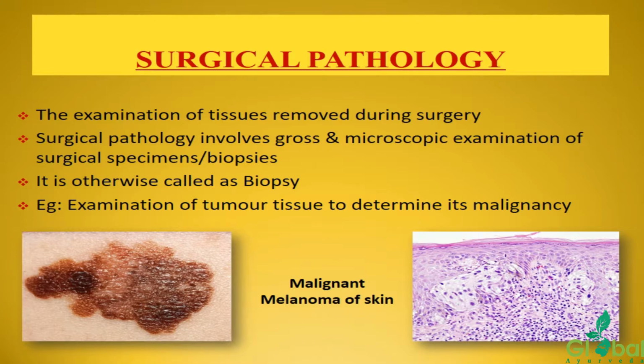For example, examination of tumor tissue to determine its malignancy. Externally also we can identify it in skin conditions, especially malignant melanoma. Externally, what will be the presentation of the melanoma? What will be the lesions? What about the malignancy condition? Its presentation we can observe externally also. Further, we can go for other investigations. Along with the microscopic study, we will do a histological study also, because we excise some portion, collect some tissues from there, and go for further microscopic study. So in two ways we can go for the surgical pathological procedure.